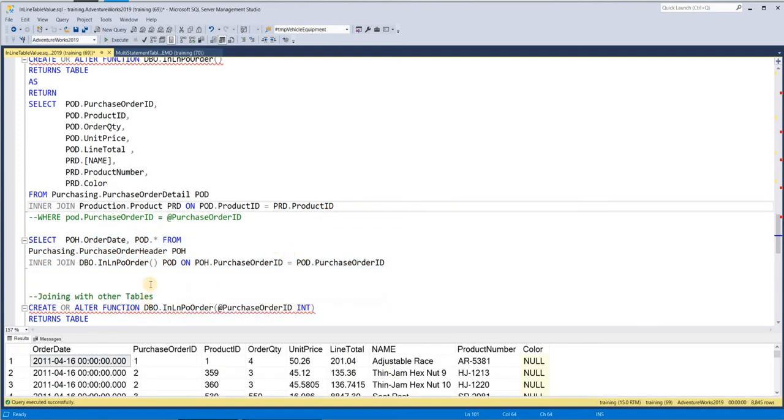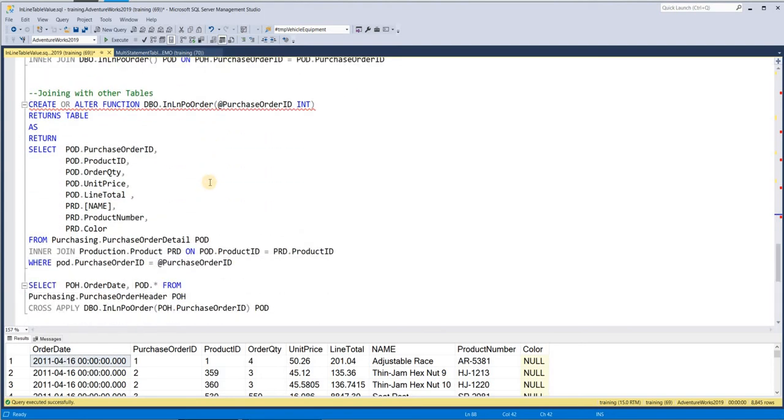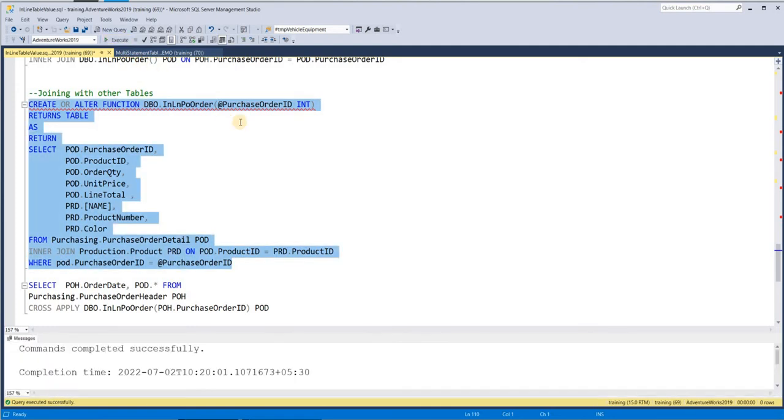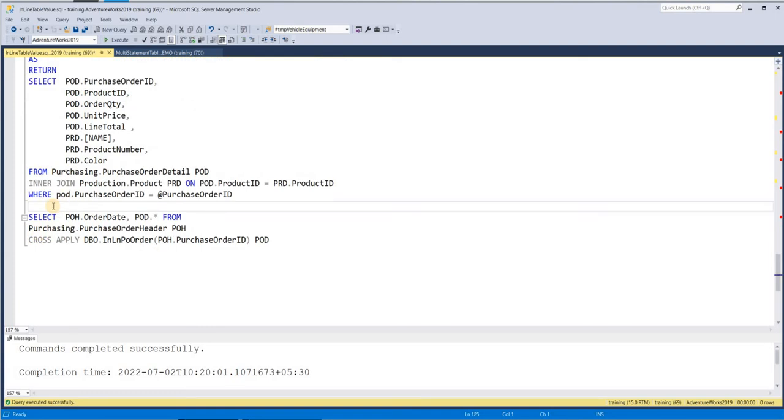So this way you can join. Now you can have inner, left, outer, right, anything. But this is possible only when you don't have any input parameter to be passed. Now, if you want to pass an input parameter, here I'm passing purchase order ID. So I want to get the function data depending upon whatever purchase order ID is being passed. So if you want to pass a purchase order ID, and now if you try to put this,